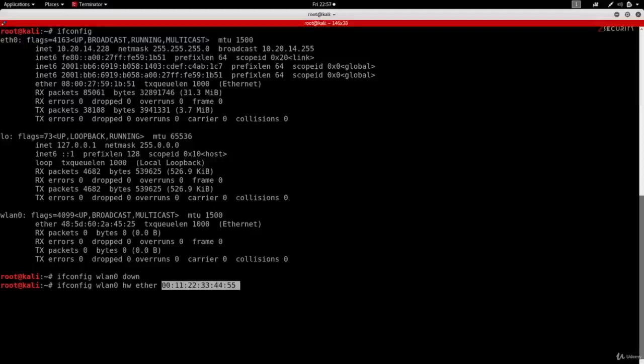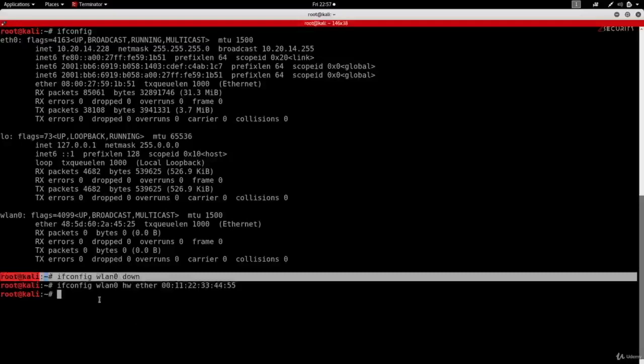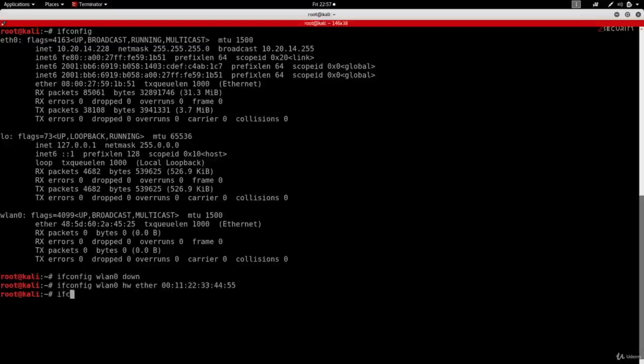So I'm going to hit enter, and again we don't see any error messages, so the command got executed properly. And finally, we just need to enable the interface, because we disabled it by doing ifconfig wlan0 down, so we just need to do ifconfig wlan0 up to enable it.